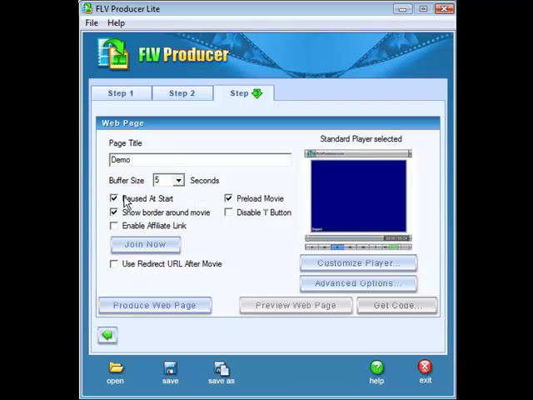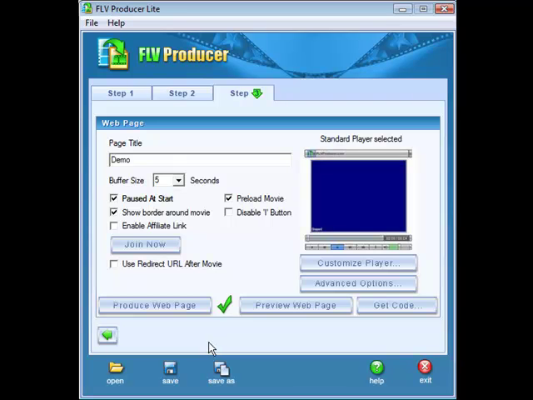If you want it to pause at the start, the buffer size you can set here, to preload the movie, if you want to show a border around the movie, and you can enable an affiliate link, although I don't think there's an affiliate program for this anymore. This is disabled on the Lite version, as are the other players, so you have to use a standard player. Now what you want to do is click Produce a Web Page, and it will have created the